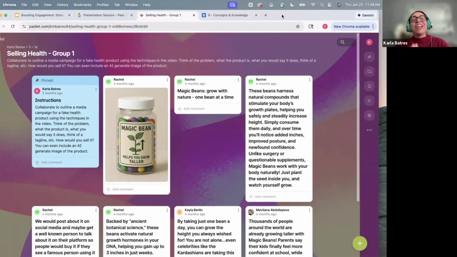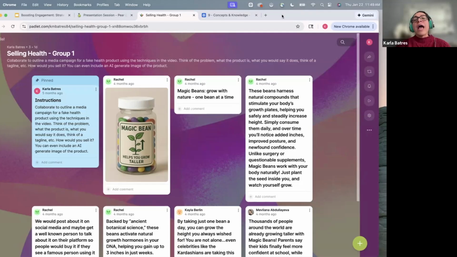That's great. I love Padlet because you can structure it in so many different ways. It really lets you do a wide range of things. And so here's an example of a group activity that I embedded into one of my classes where we were talking about pseudoscience versus science, and I wanted them to be able to pick out the strategies that a lot of people use to sell them things, right? So that they can